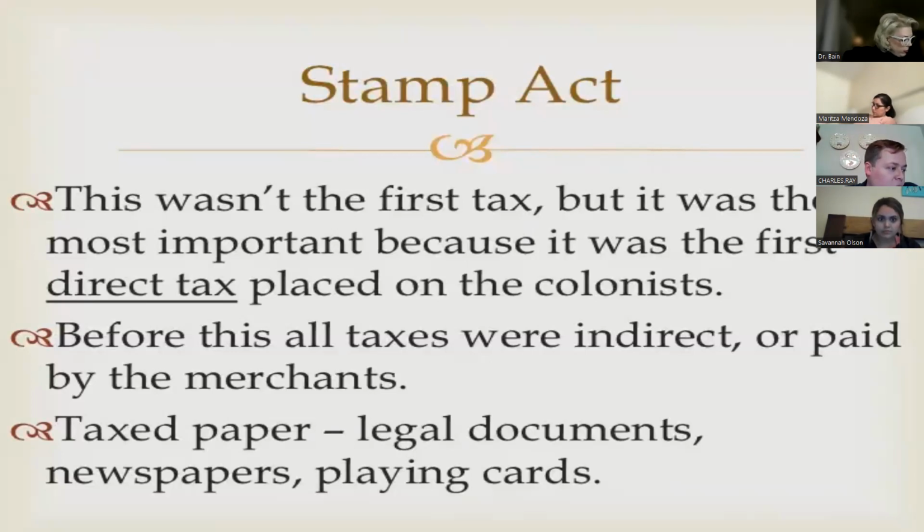The big one for this one is this is one of the first ones where the colonists start working together. They start forming groups to help boycott this. This is where the Sons of Liberty start getting organized. They will later play a huge role in a lot of different things, especially early on in the revolution. Their underground resistance movement, depending on what side of the pond you're on, you might call them freedom fighters, you might call them terrorists for what they'll do. But at this point in time, their main thing is fairly peaceful. It's just protest, boycott them, hit them where it hurts, the pocketbook. It's a direct tax paid by the colonists.